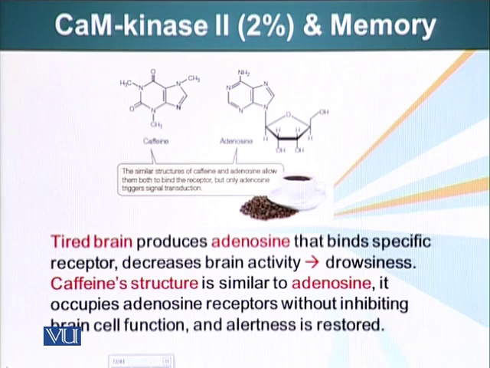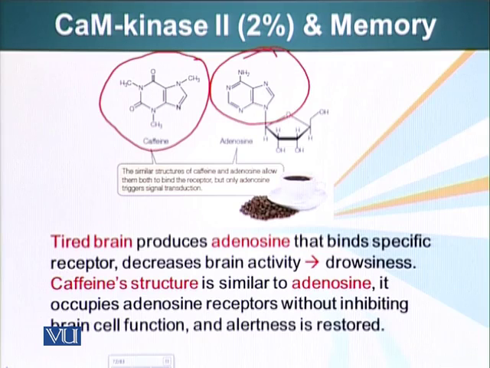Another thing we do to our nervous system, sort of a little bit of an abuse perhaps, we subject it to caffeine. Caffeine has a structure similar to adenosine. I hope you can see the similarity here. Adenosine is produced by neurons. Once the neurons get tired, they produce adenosine. Adenosine binds specific receptors on the specific cells of brain that results in decreased brain activity and which causes drowsiness